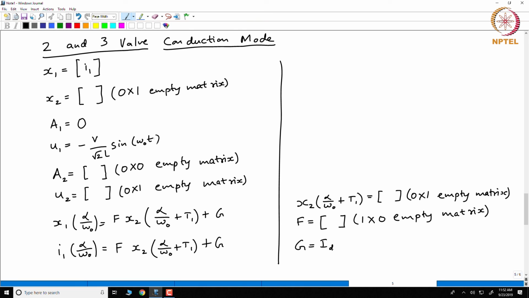So in the next class, we will consider more complicated circuits for which we will not do any analysis separately. We will just use the general analysis that is applicable for any circuit and try to get x1, x2, A1, A2, U1, U2, F and G, without going into specialized analysis for any of the circuits in future. So I'll stop here. One complication comes just by adding a resistance on the AC side. There are some other complications also. We'll look at those things in the next class.